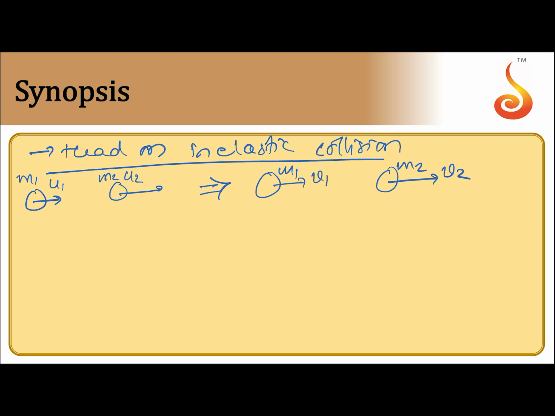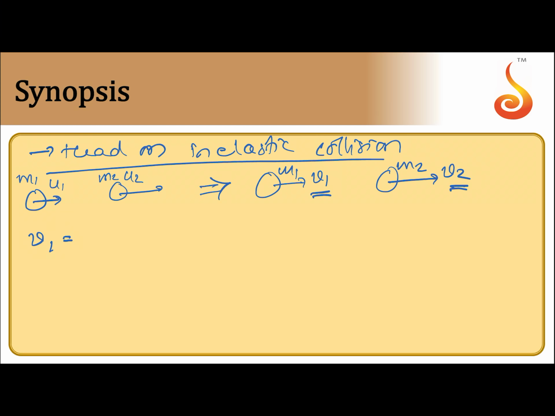Then again momentum conservation is applicable, kinetic energy is not conserved, and we can use the expression meant for the coefficient of restitution, and if we solve the equations, we get V1 is equal